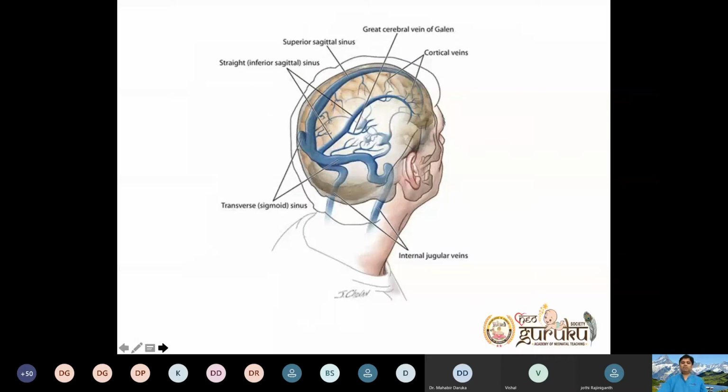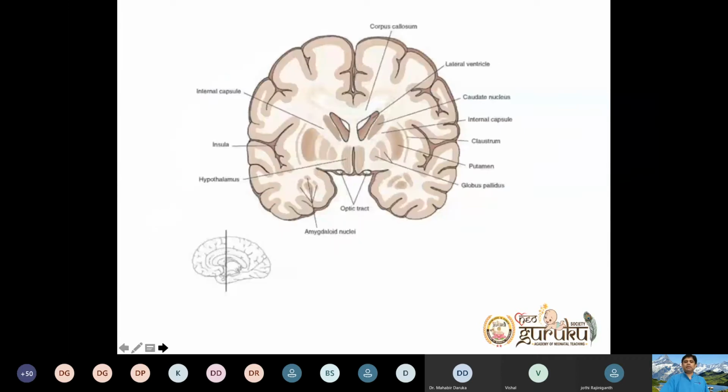This is the sagittal sinus. I'm sure you're all aware of it. Superior to the falx cerebri is your superior sagittal sinus. Inferior to the falx cerebri, in the center where the interhemispheric fissure is, is the inferior sagittal sinus. Then you have your straight sinus, the transverse sinus, which continues as the sigmoid sinus. And in the center, all the sinuses form the cavernous venous sinuses. This is how it looks.